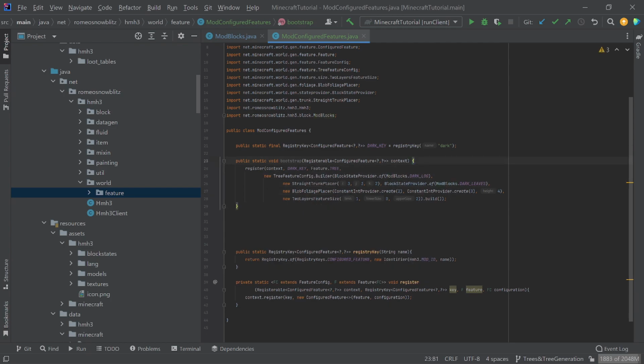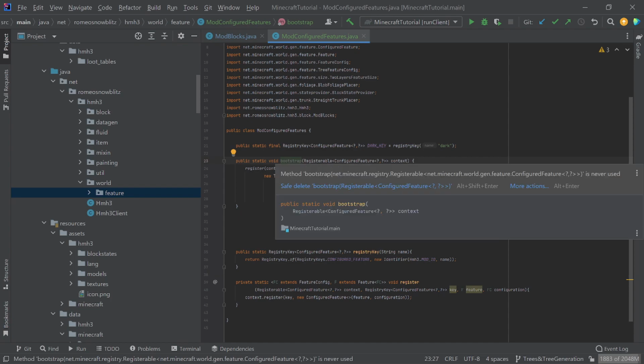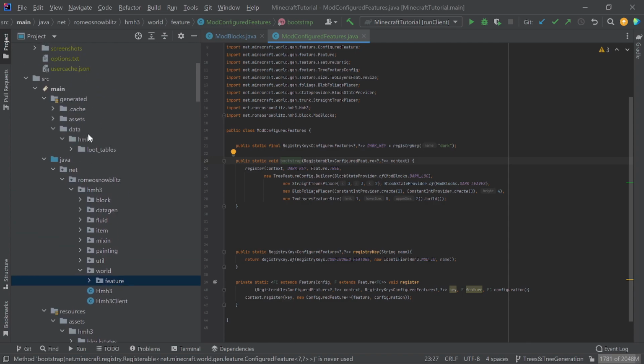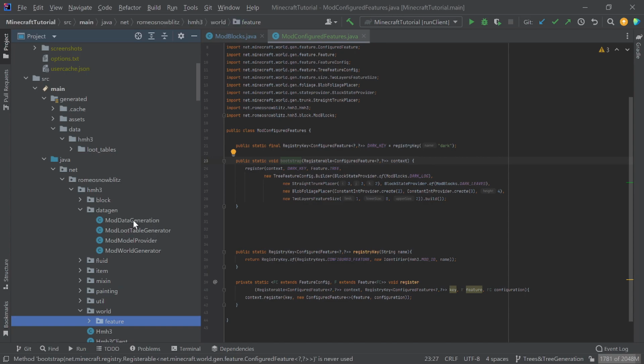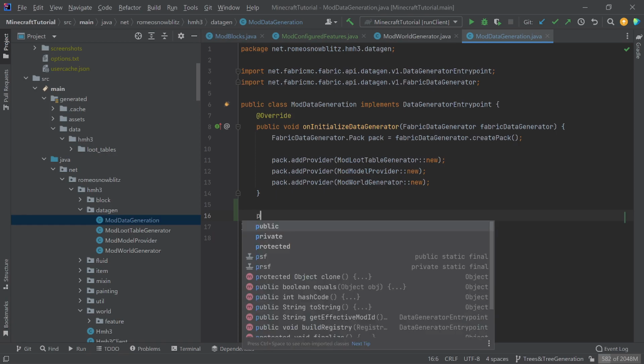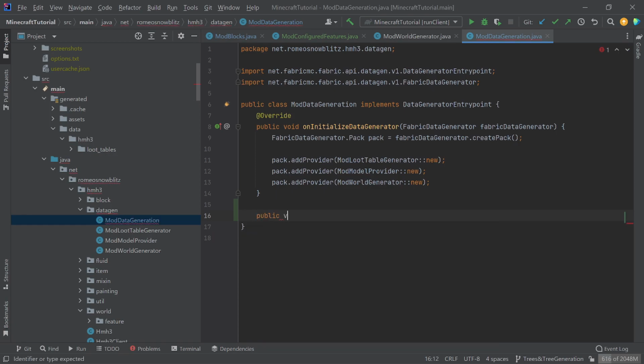Now, the only problem right now is that our bootstrap is not being called, so it will not do that. And since we know that this is going to be changing it into the automatic data files, we need to call that inside of our data generator. Go in the mod data generation, and we need to add one quick little tiny method that is going to change everything. So let's do public void, and then this one is called